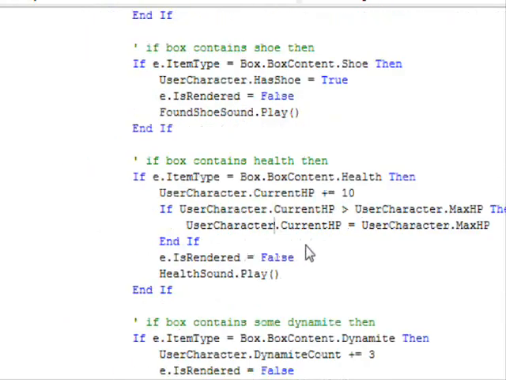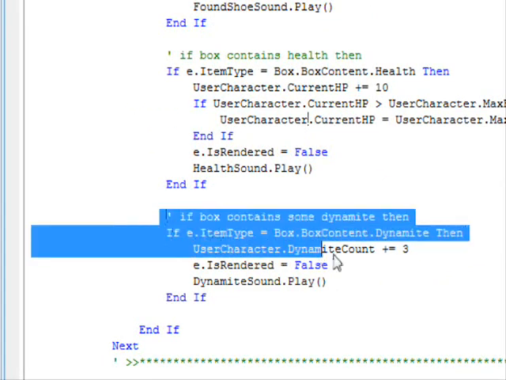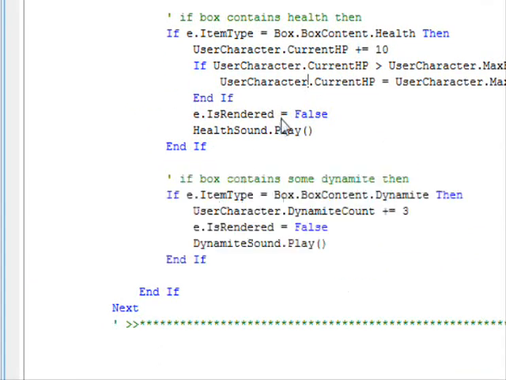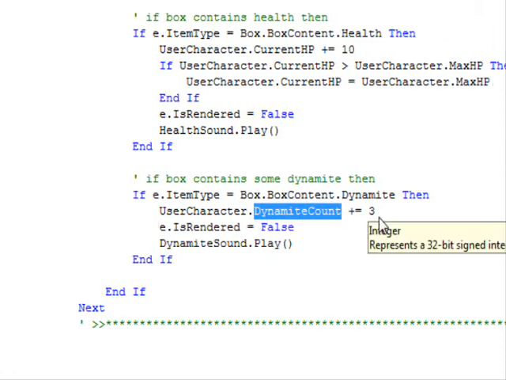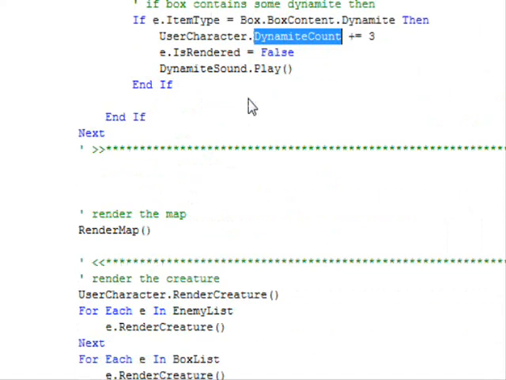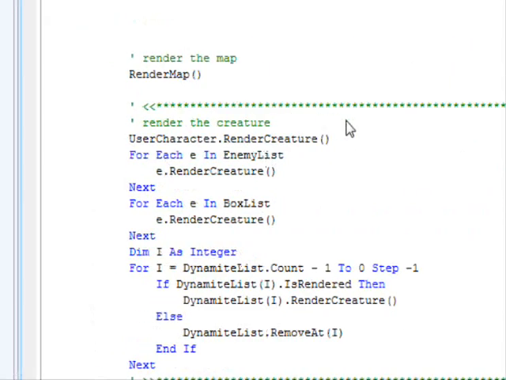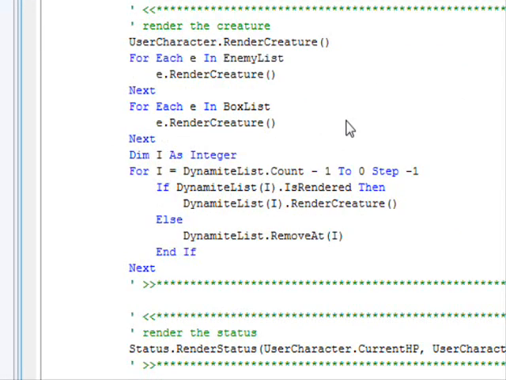Also, we are checking collision with the box. This is the same except that we added the dynamite box. When there is collision with dynamite, I added a property called dynamite count to our character. You just increase this by 3. Okay, and after rendering the map,